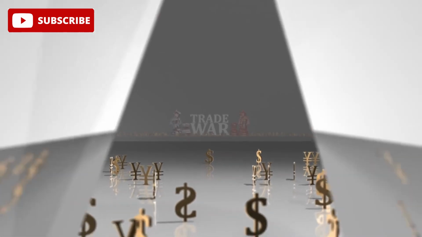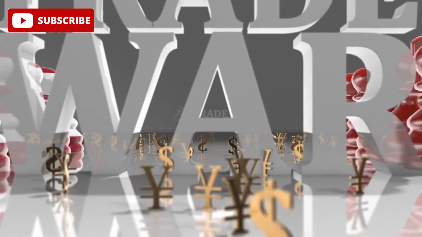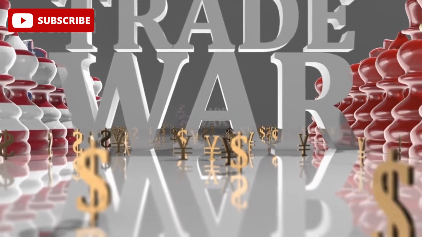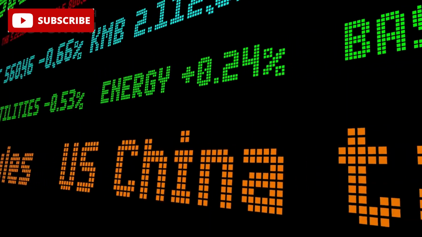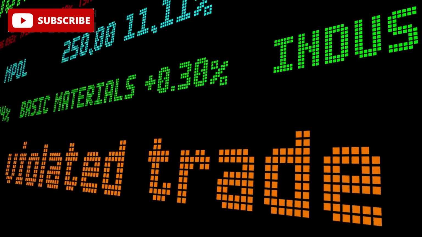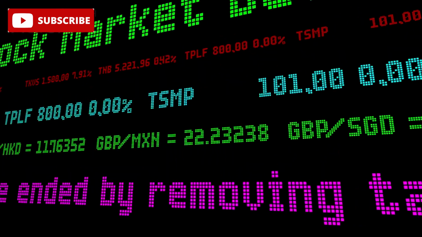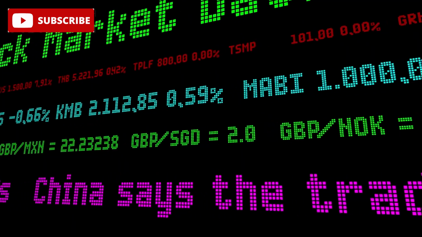The U.S. also pointed to its large trade deficit with China, which exceeded $375 billion in 2017, as evidence of these imbalances. The first wave of tariffs in July 2018 targeted $34 billion worth of Chinese goods, including machinery, electronics, and industrial products. In response, China retaliated with tariffs on U.S. agricultural products like soybeans and pork.